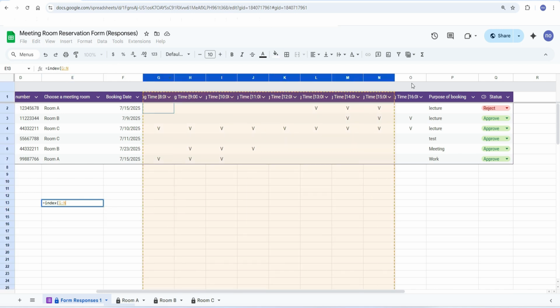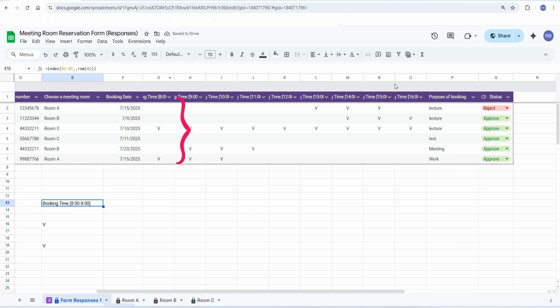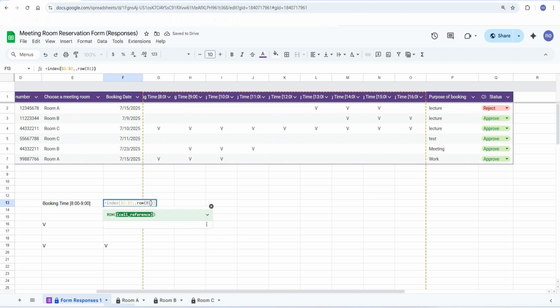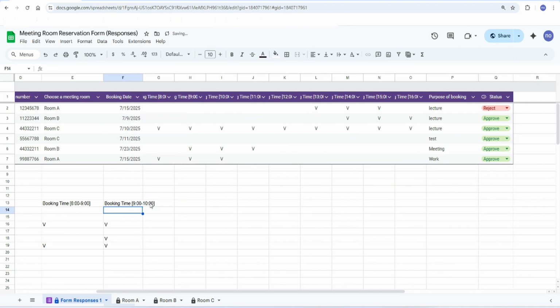I've set it up this way because I want the formula to grab the first column of data from this timetable. When I drag the formula down, row 1 will change to row 2, which means I want the formula to grab the second column from this timetable. So, as I continue to drag down, it will use all the information in the second column, the third column, the fourth column, from this timetable.